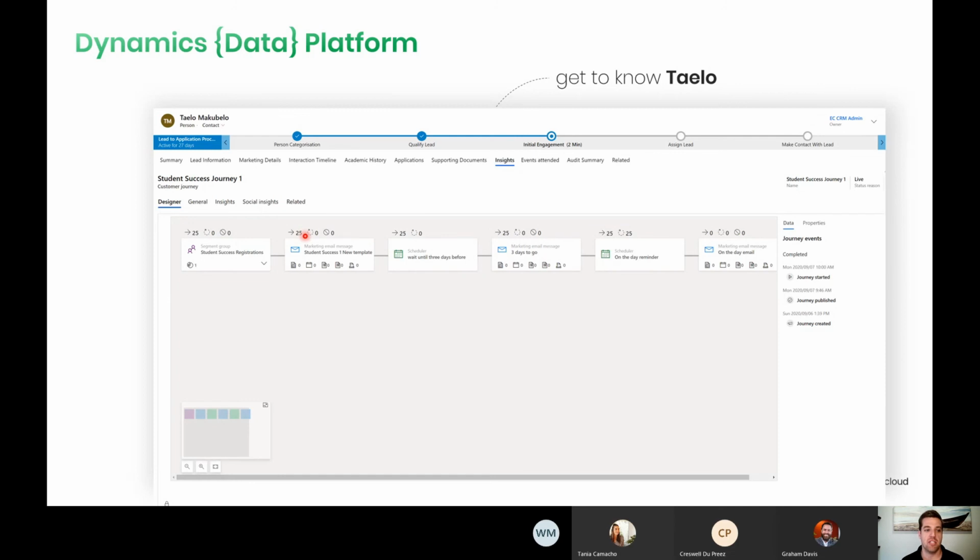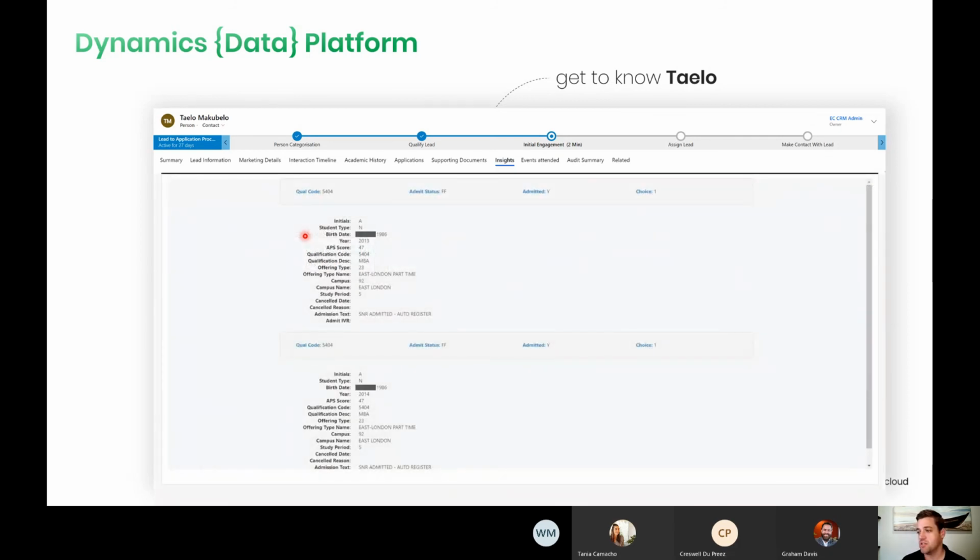So if you set up very specific journeys that you want to go through, marketing journeys as an example, where if I create a new request for application, then I get an application form. Do I fill it out? If I do fill it out, then what happens? Do I get an email saying, hey, thanks for applying, we're going to get in contact with you? And how do we digitize that whole process? How do we make sure that it's as automated as possible, so that we can provide seemingly one-to-one level service and engagement, but do that across thousands and thousands of students at any one time?